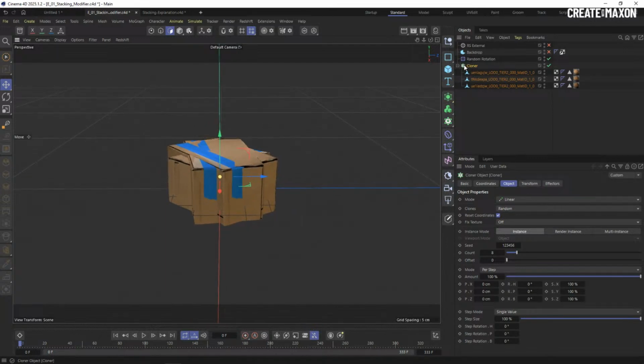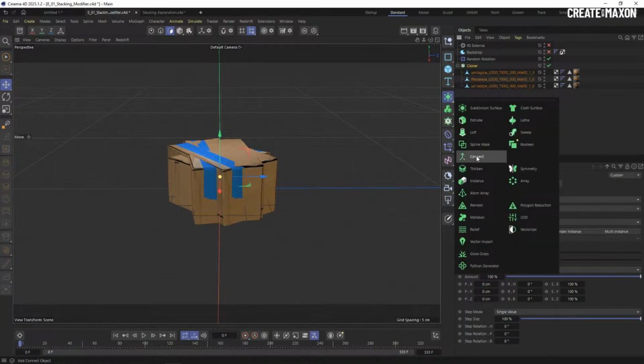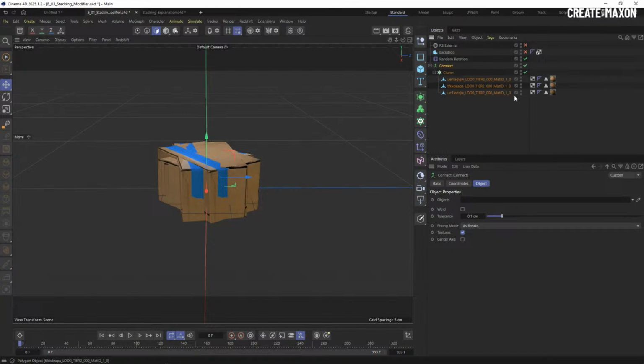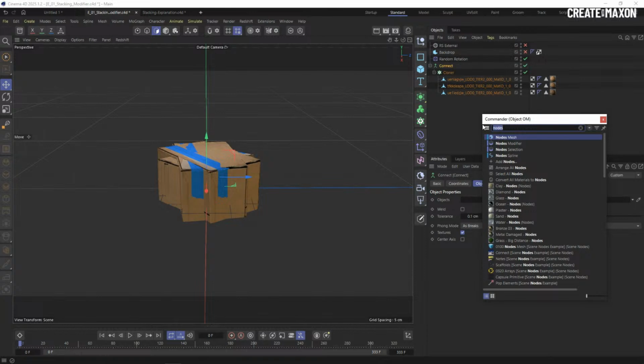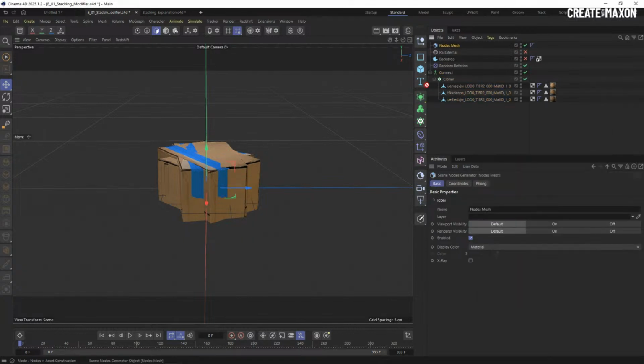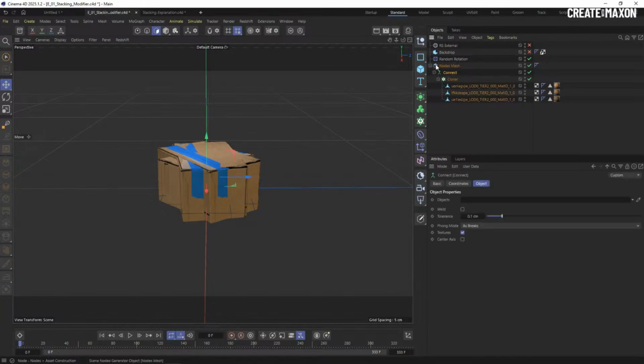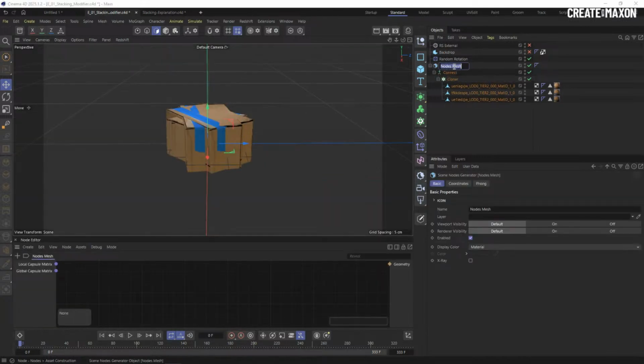First, we can't plug in a cloner directly into C nodes. We have to collect all the geometry inside of a connect. So deactivate weld, and now we have here a single geometry, and this geometry we can bring into nodes. So let's use again a nodes mesh and make this as a child here. Let's open the nodes mesh, maybe call this stacking generator,